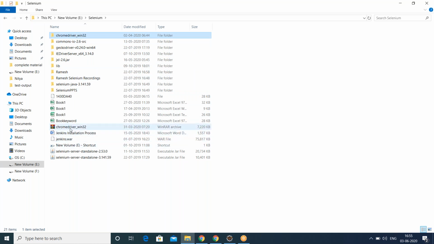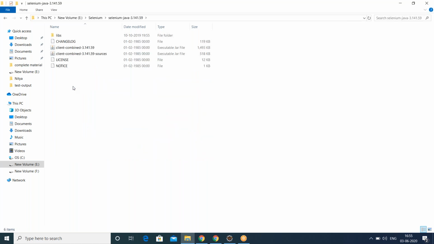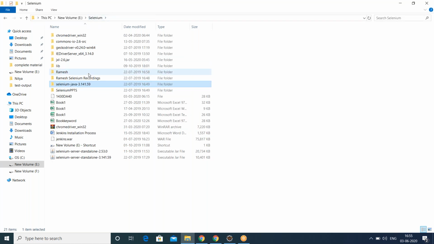While downloading, you should get this Chrome driver Win32 zip folder. You have to unzip it. Keep these two things in a folder. I have downloaded the WebDriver jar files and I have downloaded Chrome driver also. Now, what next?